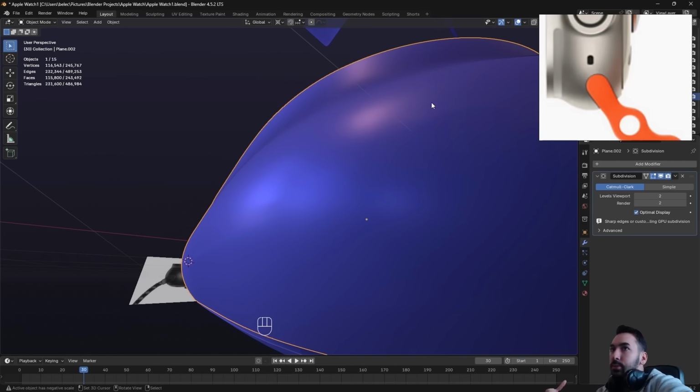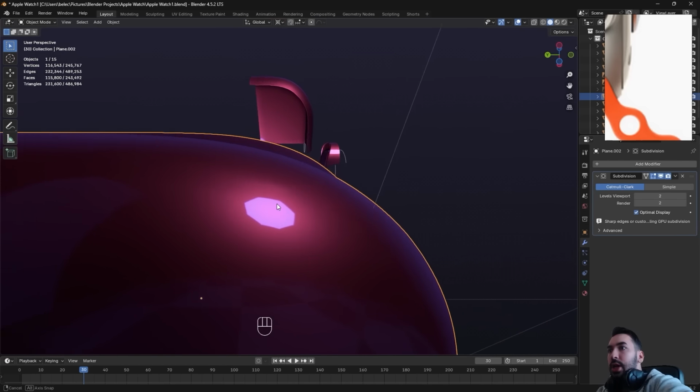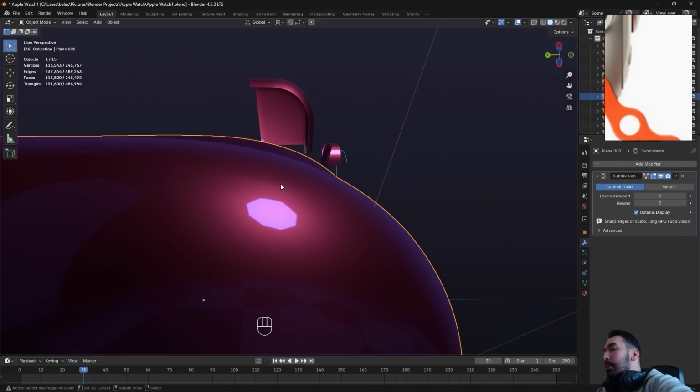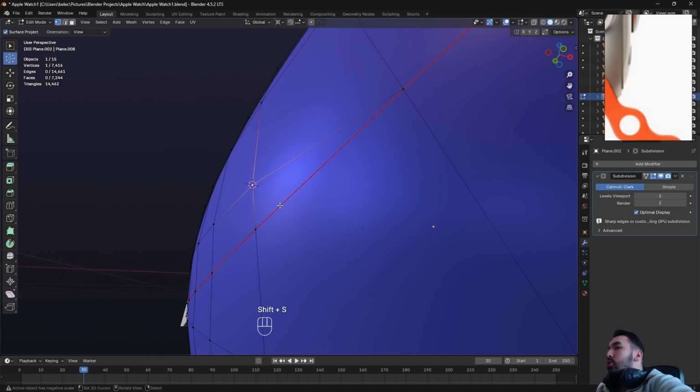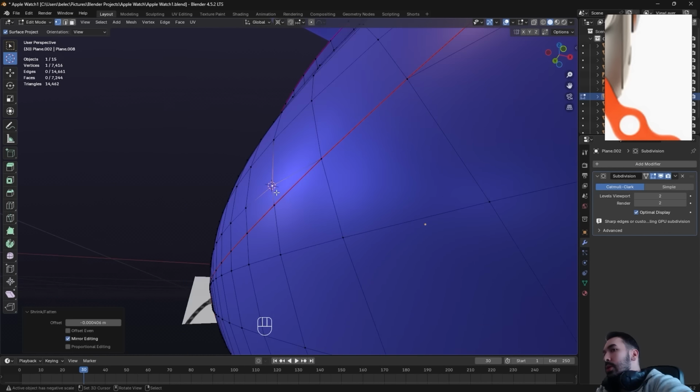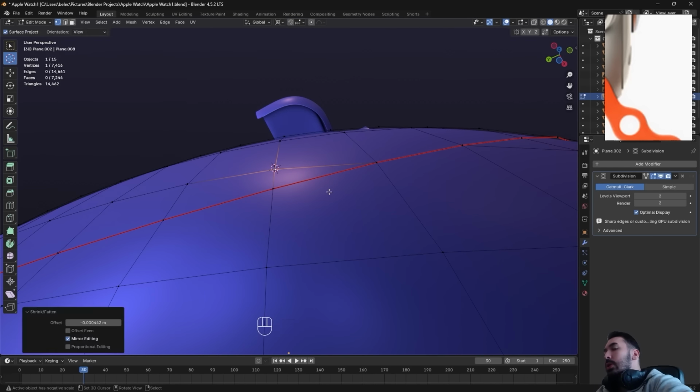I don't know if you guys can see it, but it looks pretty clear on my screen. If I use my shiny matte cap, I think you guys can see there's like a little pimple here. So one of the ways you can fix that is to just select this vertex here on top of this triangle and just use Alt S, try to pull it inwards a little bit. And if you play around with that for just a little bit, you're going to be able to make it